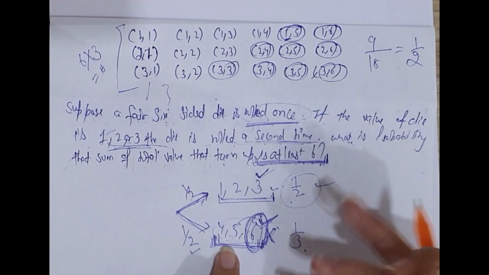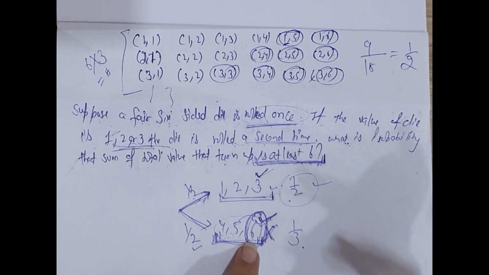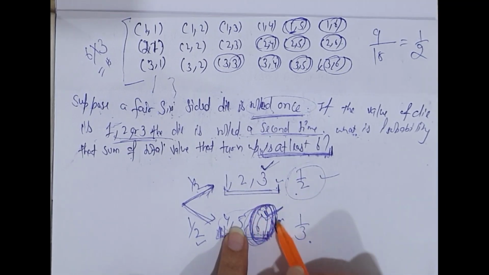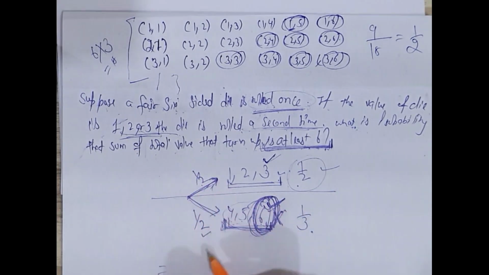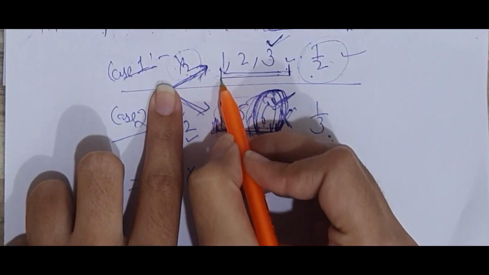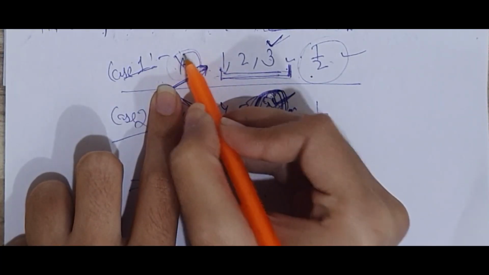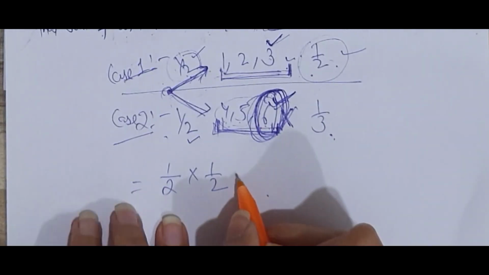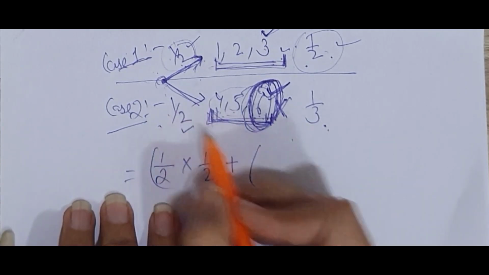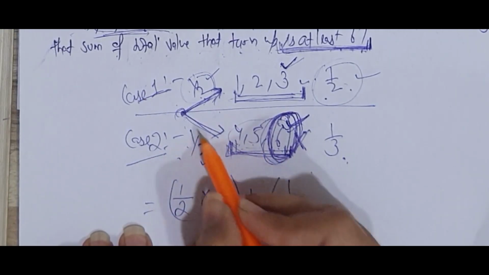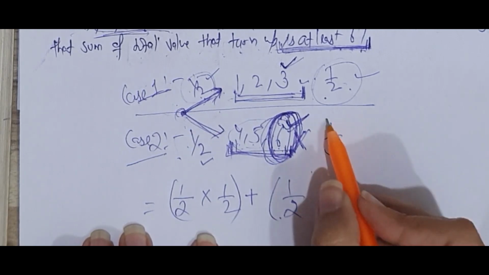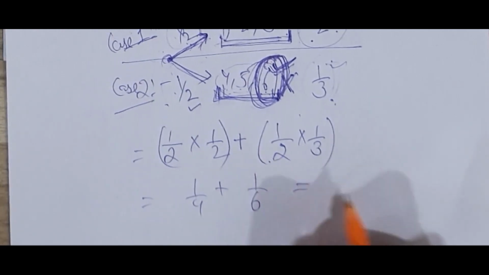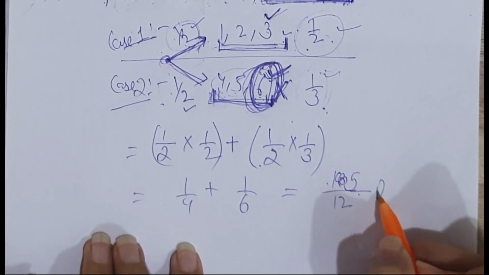Are you understanding that? When 4, 5, 6 occurs on a die the first time, then we can't roll the die a second time. Then what's the probability that 6 occurs when 6 occurs the first time? Now these are cases. This is case 1. Then what's the probability that 1, 2, 3 occurs? This is the probability that 1, 2, 3 occurs, and this is the probability that 6 occurs. So multiply these. The second case is when 4, 5, 6 occurs on a die, and this is the case when 6 occurs. Now this comes out to be the answer.